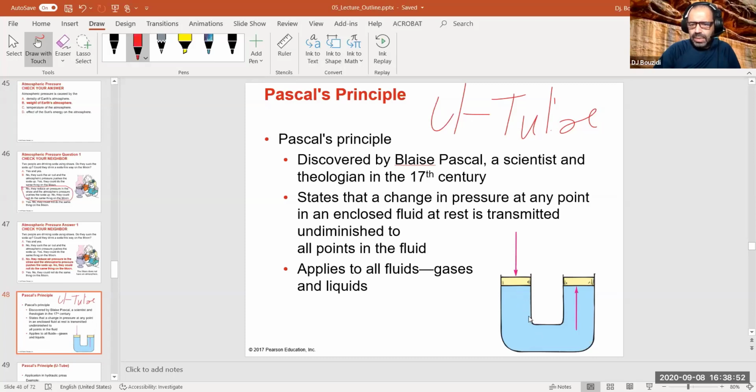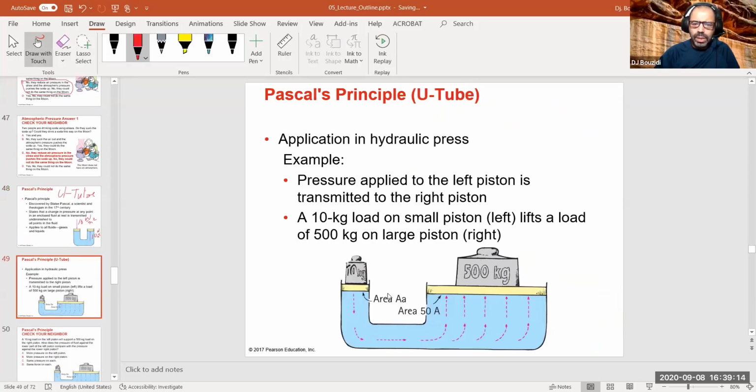So the principle behind it is that the pressure will distribute equally in an equal volume, basically. So if you exert this much pressure in here, P, let's say, for example, 10 newtons per meter squared, the 10 newtons per meter squared will spread itself and find itself on the other side. Now, because the pressure is related to the force, this can be converted into a simple machine. A 10 kilogram mass will exert the same amount of pressure and move this much liquid, and in this case, it's going to move the 500 kilograms, albeit with less distance.